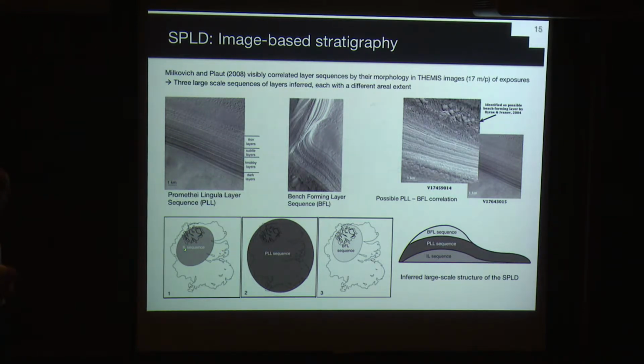And then they had an inferred layer sequence, which they inferred the existence of by looking at exposures of the PLL around the Prometheus Lingula area, and the bottom of that represented actually the contact with the substrate, whereas in the exposures around this part of the cap, the PLL was at much, much higher elevation and appeared to have, just from the MOLA interpolation of the surrounding surface, a lot of material underneath. And so they inferred that there must be another sequence under that.